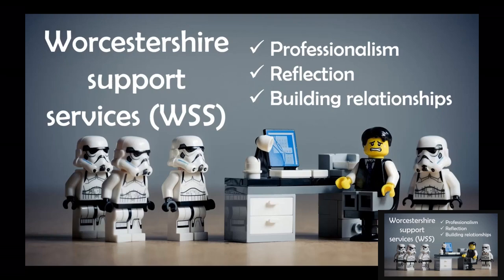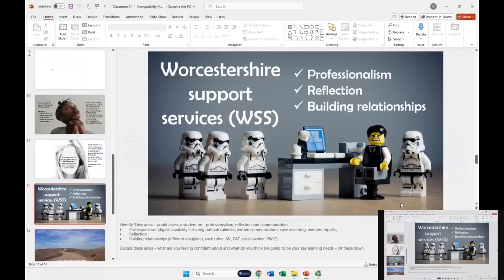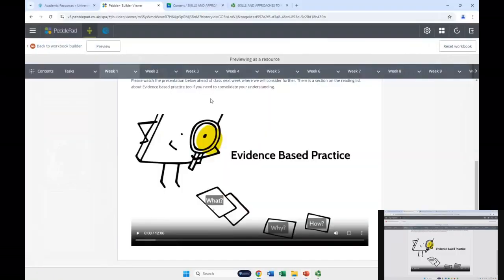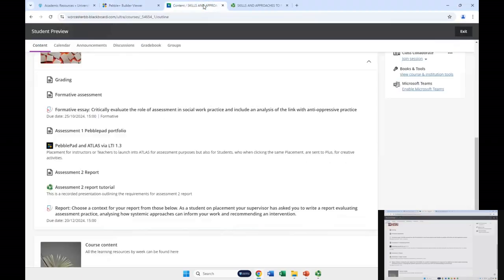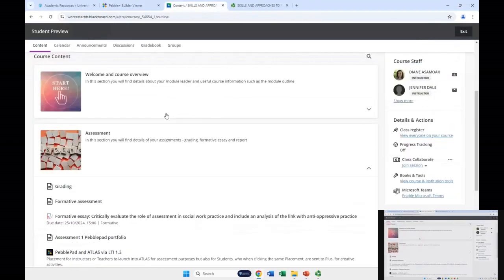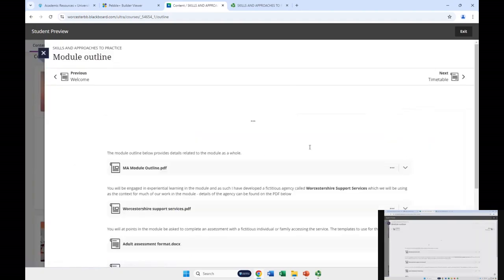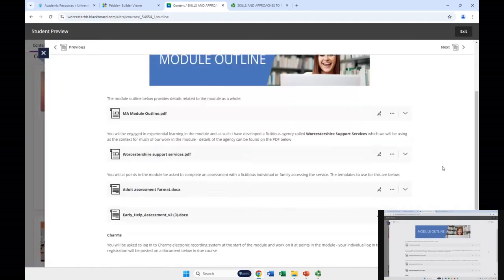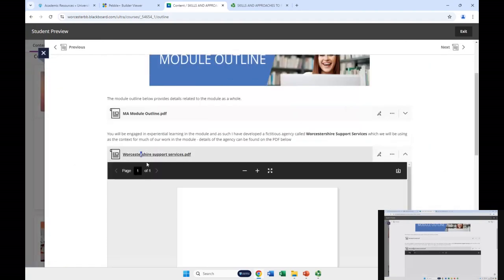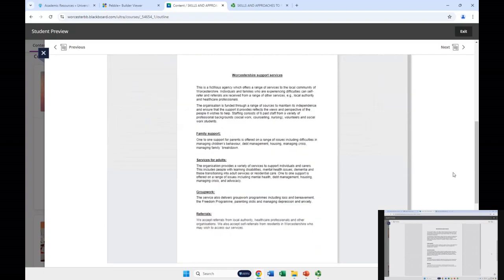The key thing, so details of it, it's based on an agency that does really exist in practice, and details of it are in this section. So there's various pieces of information in here, the course handbook, and there's a PDF here that talks about the agency. So just so that you can get yourself orientated to, okay, when I'm on this module, there'll be a couple of bits at the end where we'll start to think more about statutory social work,